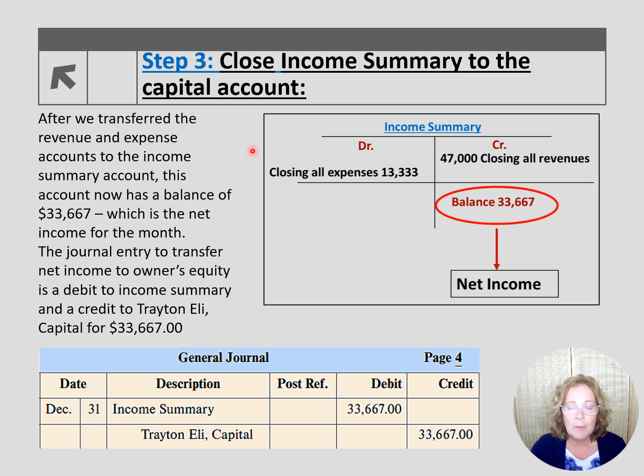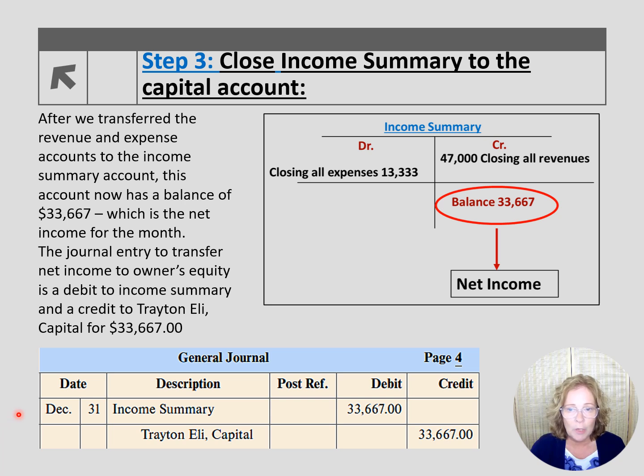In our case, we have a balance of $33,667, and it is the same amount that we had on our worksheet. We're now ready to transfer that amount to the owner's capital account. We debit income summary first for $33,667, and then credit the Trayton Eli capital account.